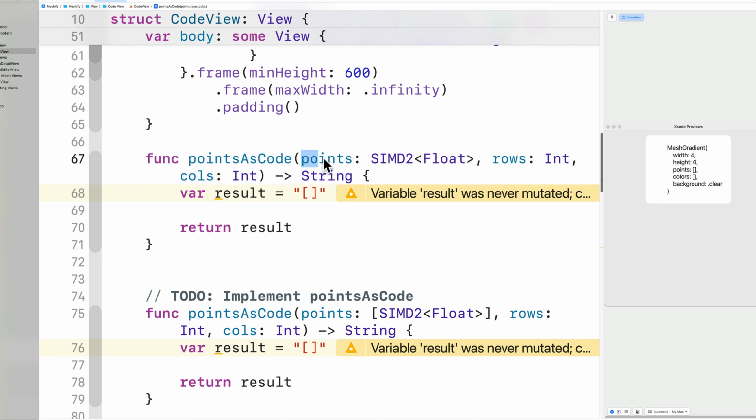Now, this is a single point, so I would prefer instead of points, just point, and instead of points as code, just point as code. However, we don't have to do that, okay? We don't have to do that. Now, this is just going to be temporary. We're actually going to improve this. So let's just say,